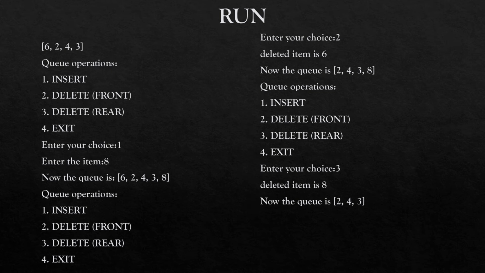Let's say the choice entered is 2, then it will delete the item from the front end. So 6 is removed from the queue, and the resulting queue is like this. And let's say if you entered the choice as 3, so it will delete the item from the rear end. So the item that is deleted, that is 8, and the resulting queue is 2, 4, and 3.